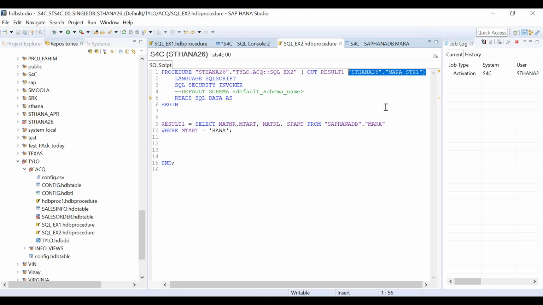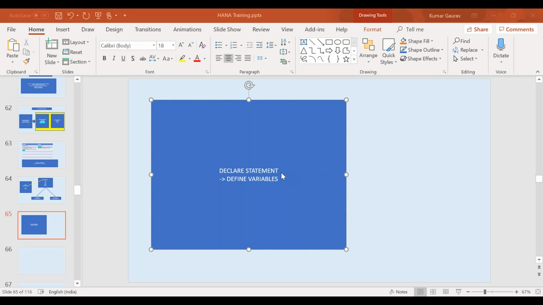Now, one more learning. Try to concentrate on what I'm saying. A table, a database table, is also potentially a table type. Did you understand what I'm saying? A database table is also a table type. That means I can use the table name also as a table type. Okay, so let's write here so that it is on the records also.